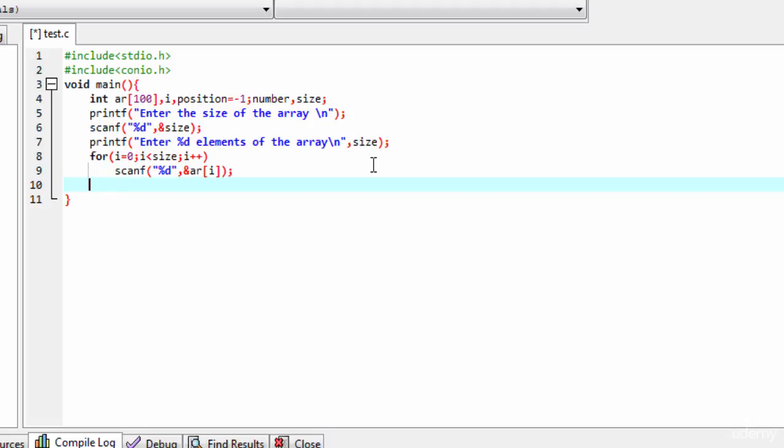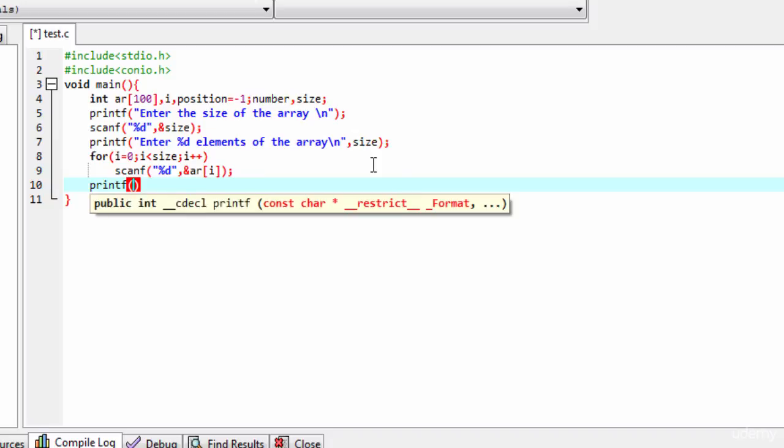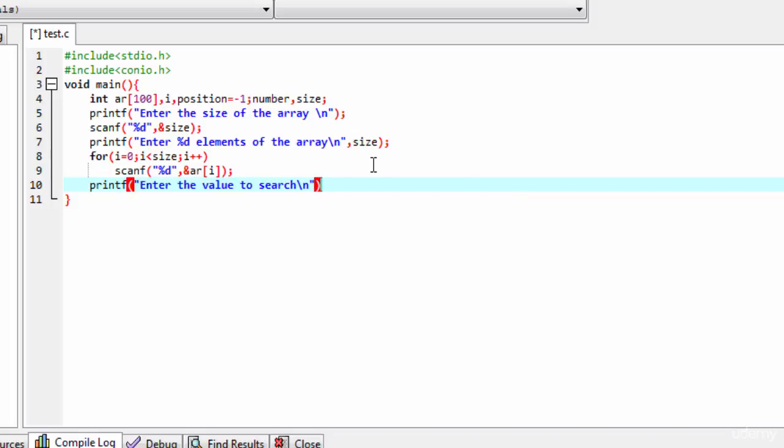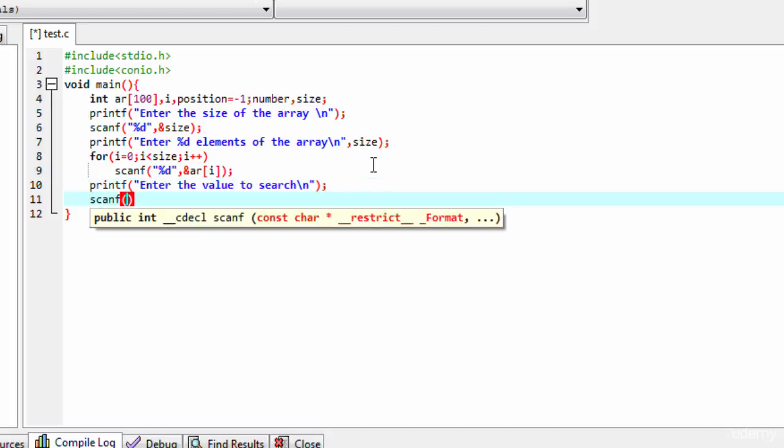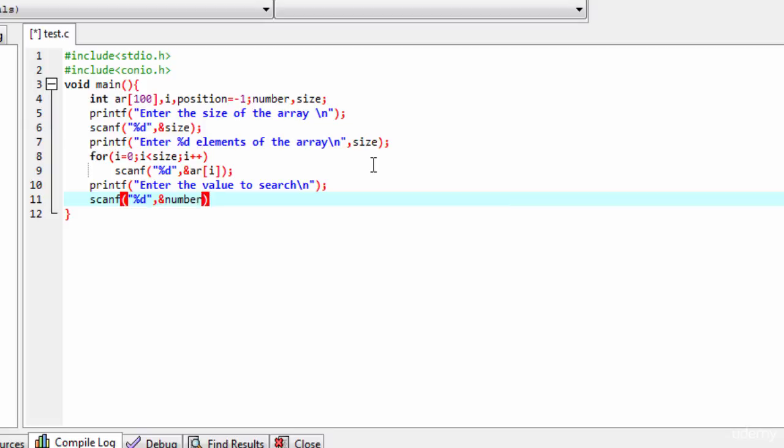Now we have to ask the user what value to find in the array. So I will write printf, "Enter the value to search \n". Okay, then scanf, and here I will write %d, then the address of number. Okay,